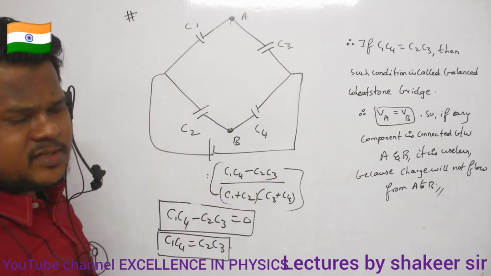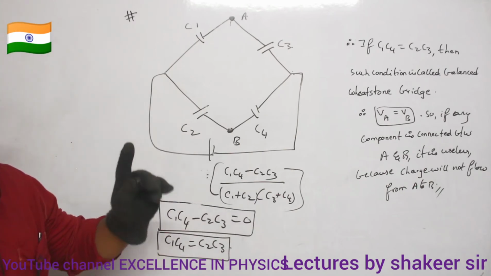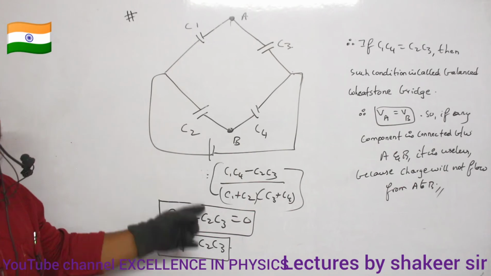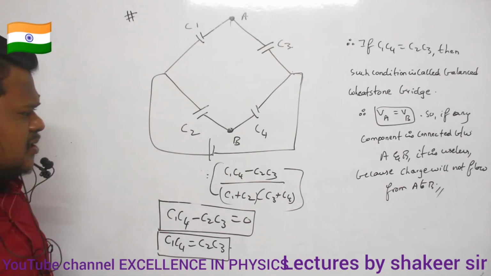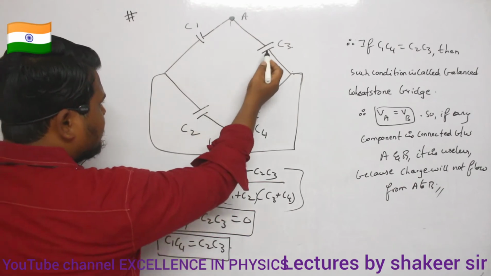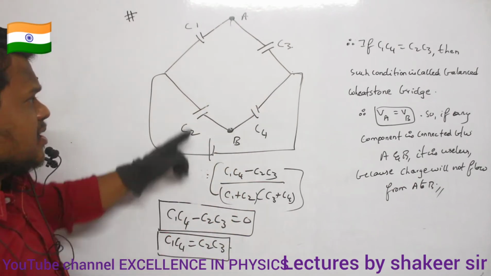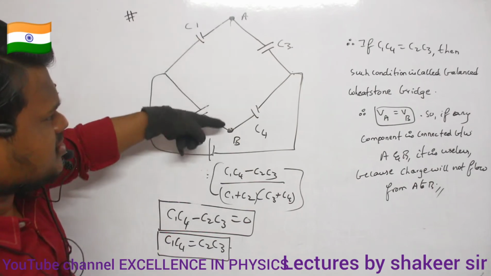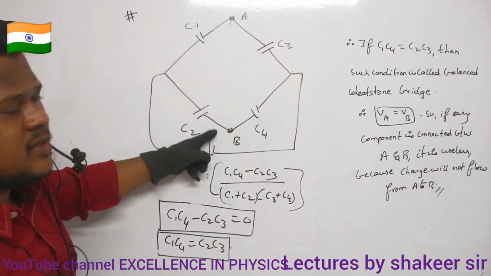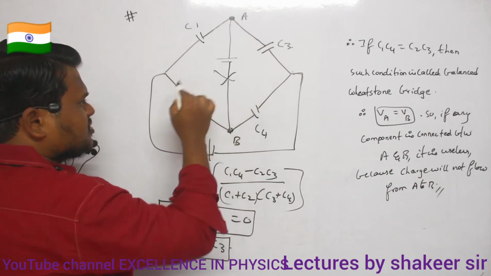Now by just using series and parallel connection of capacitors, very easily we can do this problem. Have you understood now what is the advantage of Wheatstone bridge? Balanced Wheatstone bridge means product of these two should be equal to product of these two. Then these two points will be at same potential. If they are at same potential, then charge cannot flow between points A and B. So therefore, there is no use of any capacitor which is connected here. We can remove this capacitor.